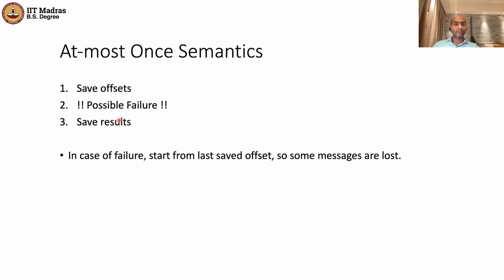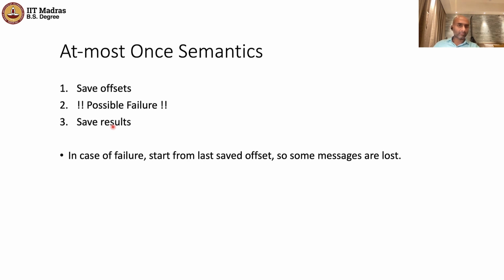But the results from processing the message at offset 10 have still not been saved. So the results that in totality apply for all of the messages, like messages 1 through 9, and then 10 and 11 and so on, are going to be incomplete because the result for message 10 is not there. This could be a problem or not, depending on your application, but this is what at most one